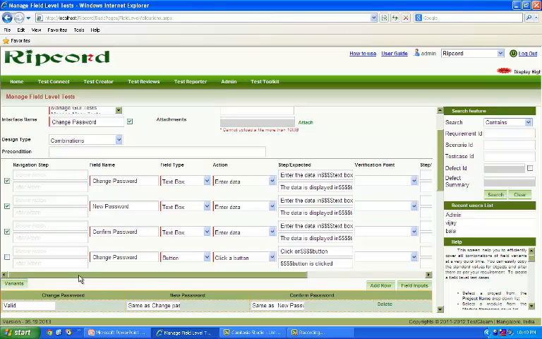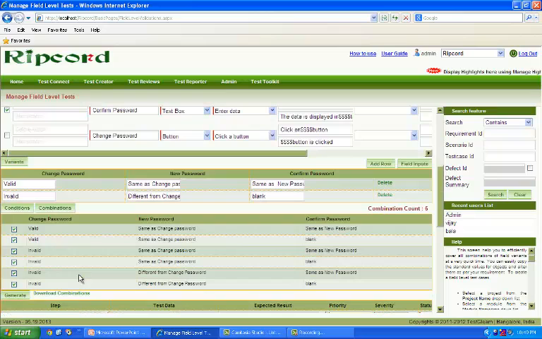Afterwards, click the variant button. After clicking the variant button, all the fields are displayed in a horizontal row, and the test engineer is going to provide the inputs under the respective fields. Once these inputs are defined as per the requirement, the test engineer is going to click the combinations button in order to generate the combinations